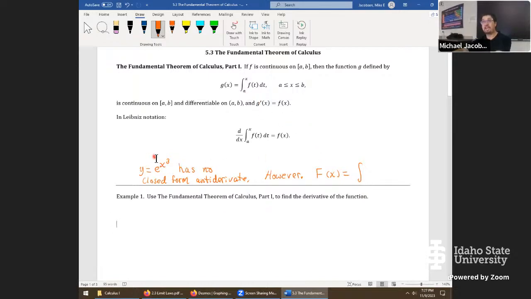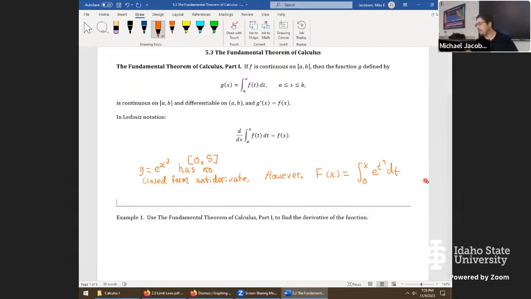The function I'm dealing with has the entire real number line as a domain. And so we can think of this as, let's say, domain 0 to maybe 5. It has domain all real numbers, but we need to specify some domain on this thing. So we'll integrate from 0 to x, e to the t cubed dt, and that thing right there is